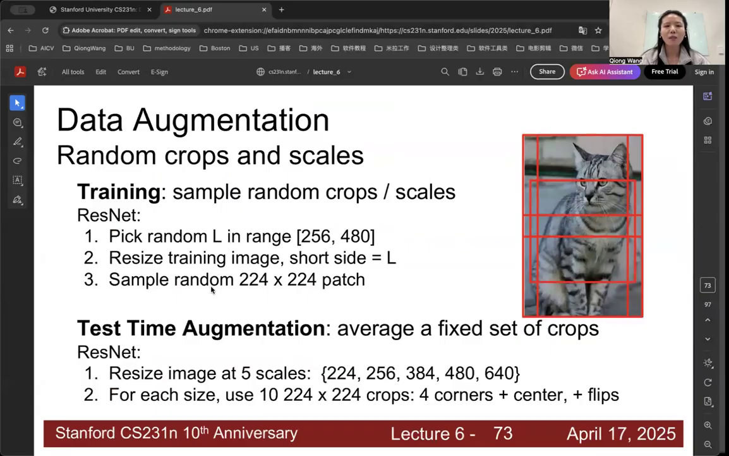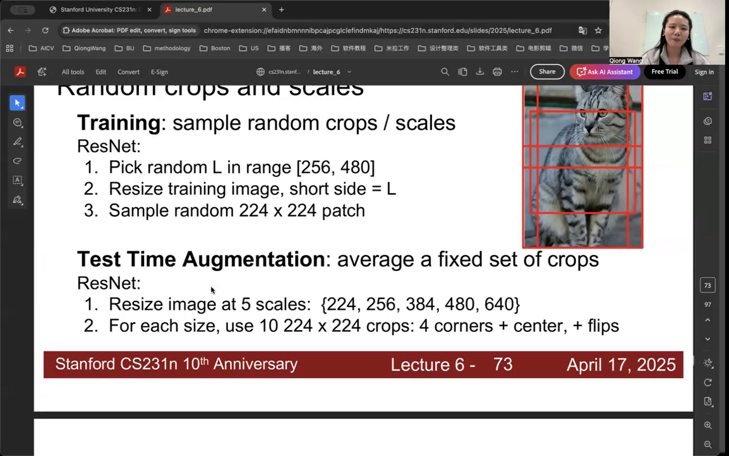Another is random crops and scales. This means we crop a part of the original image as another version to feed into the network. During test time, we need to resize the image at a specific scale. It's different during training, where it's random. For each size, we need to use specific crops, with a specific corner and the center,